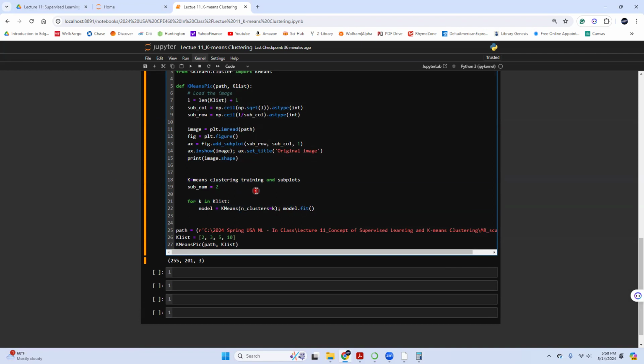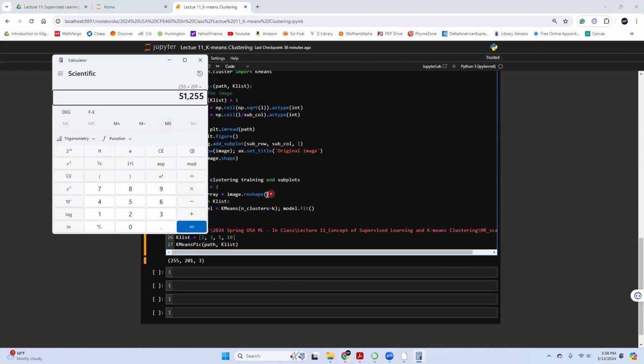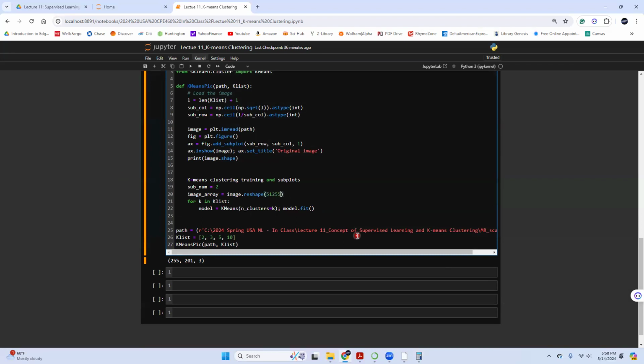So what I'm gonna do is create an array called image array, equal to image dot reshape, as we did before. You can definitely put this number here, 51,255 and 3, or you can just use -1.